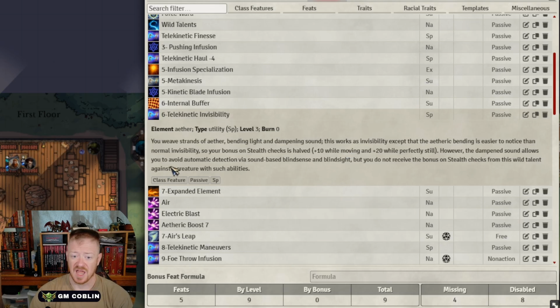The dampened sound allows you to avoid automatic detection via sound-based blind sense, blindsight. You do not receive a stealth bonus on checks from this wild talent against creatures with such abilities. But it dampens sound too. I mean, it's a fantastic ability, and later on we're going to get flight, so it's going to get even better. But it's a great way